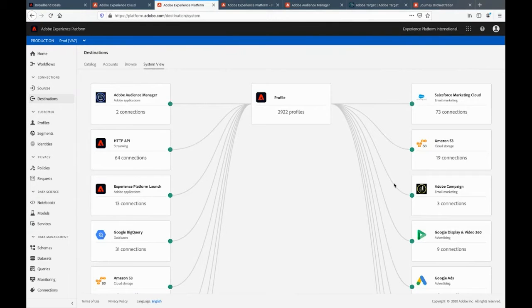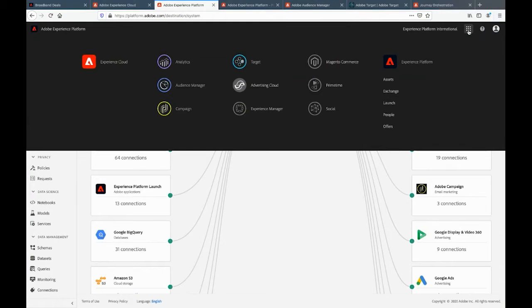I can push that out to advertising destinations, ESPs, and social media platforms. And that works absolutely in real time through qualification to that segment, which is great. Another way that I might want to make use of that is if I have existing investment in Adobe Experience Cloud technology, such as Audience Manager or Adobe Target. I can also make use of any of these segments through those applications as well. And the way that I do this is if I go back through to my picker just here,